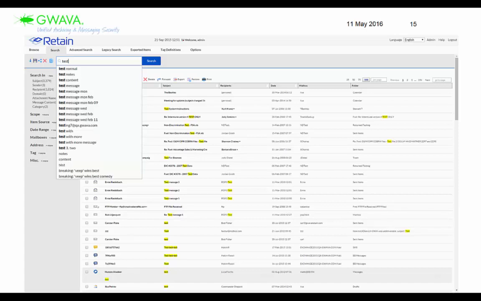And then here's a quick view of a little bit more about the search. Once again, what makes Retain different is we have powerful search tools. As you start typing in, it's actually going to give you suggestions on what you should be typing. The suggestions come from subject, body, text, email address, tags, users, and other fields. As you search, letters and words are highlighted in the text, making it easier to find what you're looking for. And then of course the results are going to come in, and you'll be able to see multiple types of communication, whether that's an email, an SMS message, a Facebook message, etc.